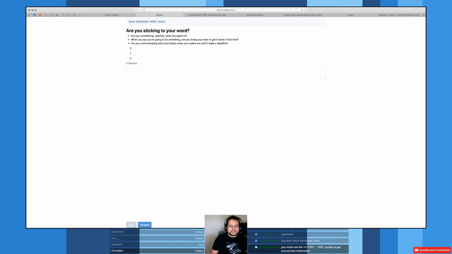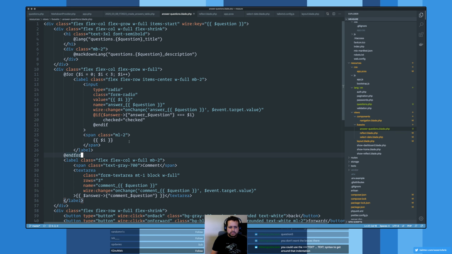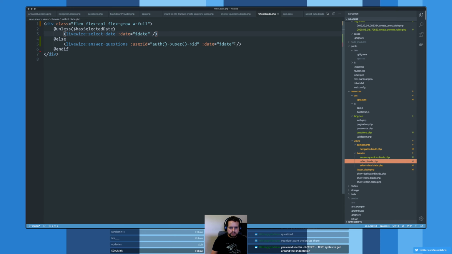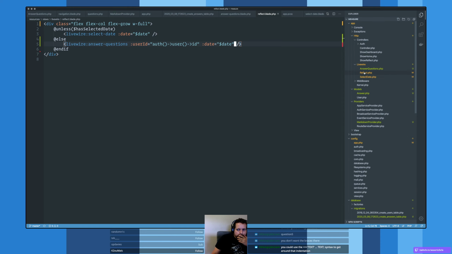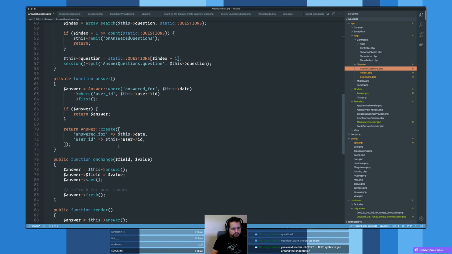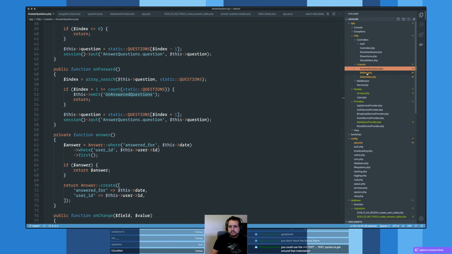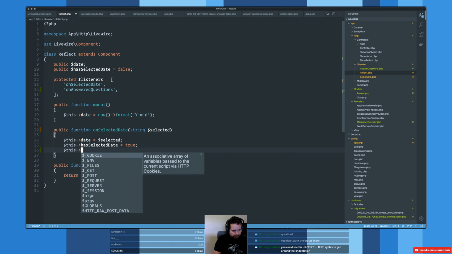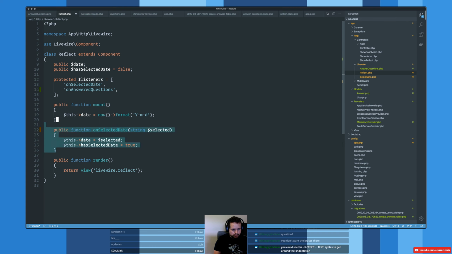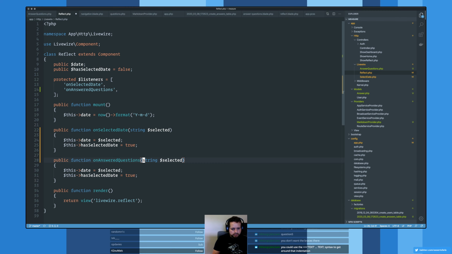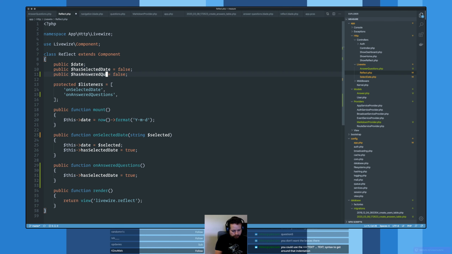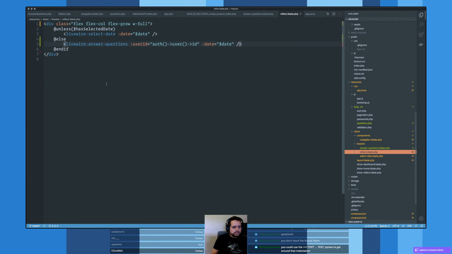Okay, what next? We're saving values in the database. When we mount this, do we... no, this over here, emit unanswered questions. So let's listen for this inside reflect. This doesn't actually take a value in there, but this does have a new variable, has answered questions, which we set to true. And if that is the case, inside reflect,